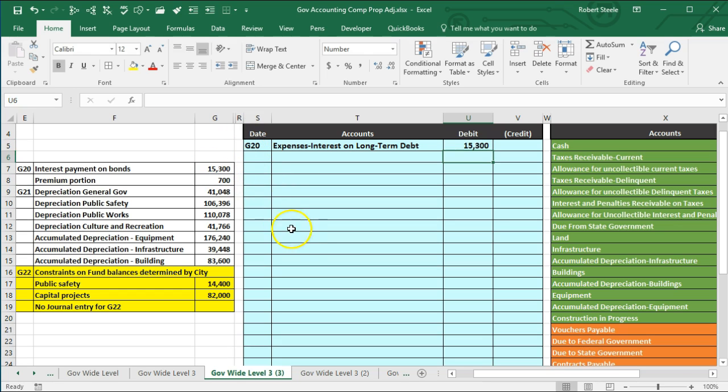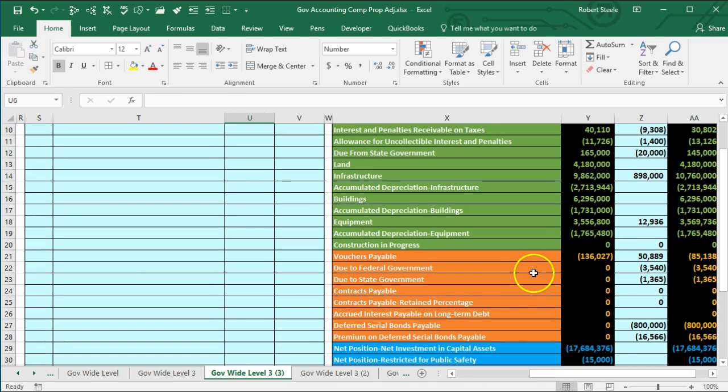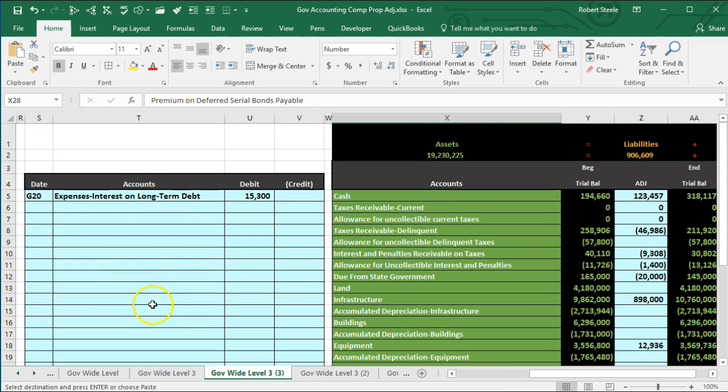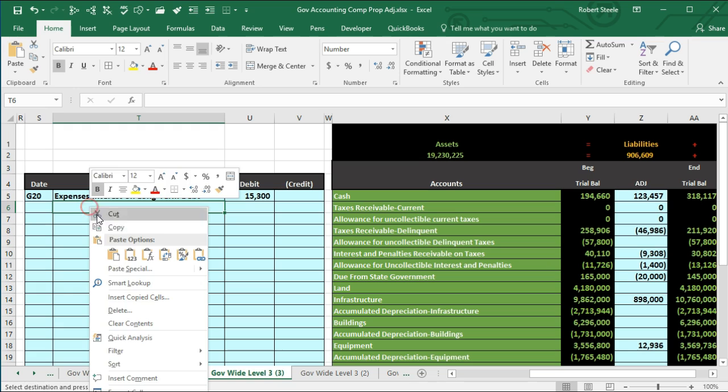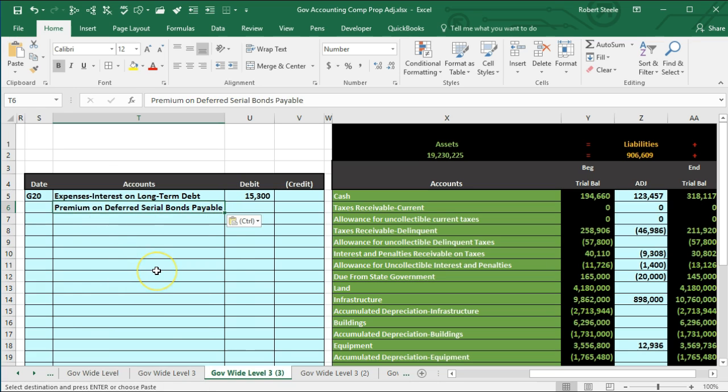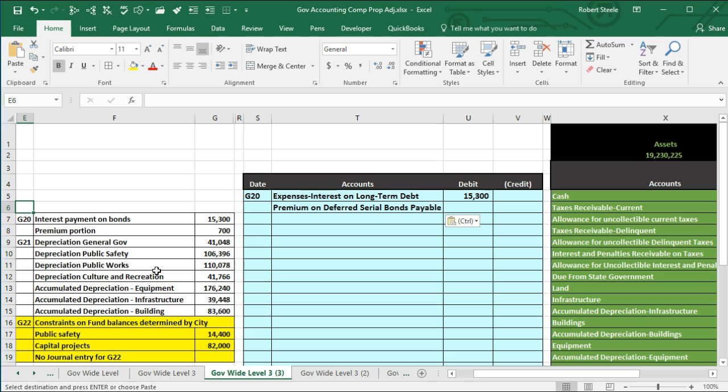Then we need to reduce the premium on the deferred serial bonds, so that's going to be in the liabilities section. We're looking for the premium under the deferred serial bonds. Here it is in X28. Gonna copy that. Notice it's a credit. We need to make it go down because the premiums go down over the life of the bonds. So we are going to do the opposite thing to it, which in this case is a debit. So we're going to be in cell U6, and we're going to point to this 700